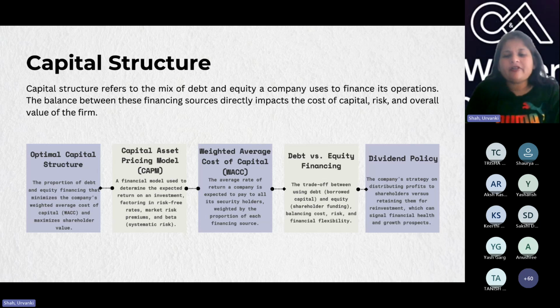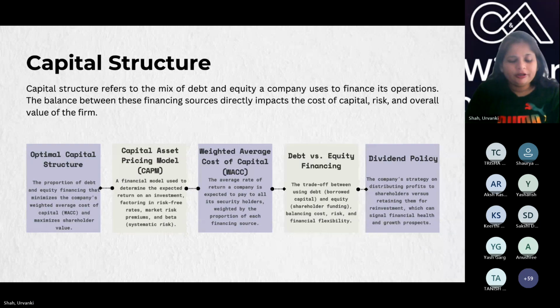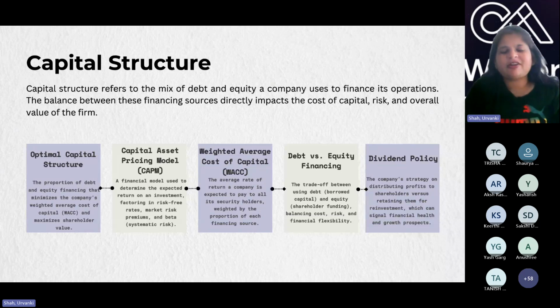Okay. Then you have something like debt versus equity financing. So debt, as we saw, bonds, debentures. When a company takes on debt, there are different coupons, right? Interest rates, fixed interest rates, irrespective of whether the company is doing a profitable business or not. The company needs to pay that interest and that premium to the investors, maybe the bond investors and things like that,